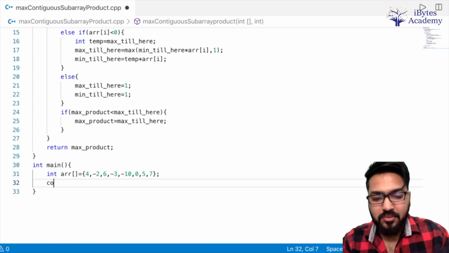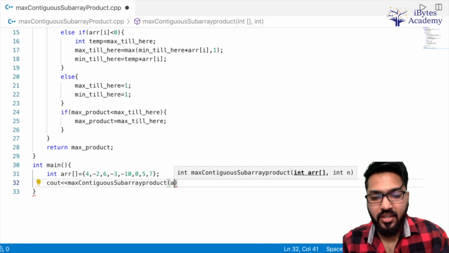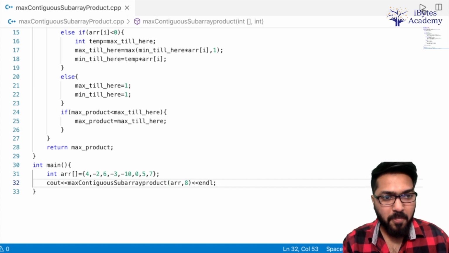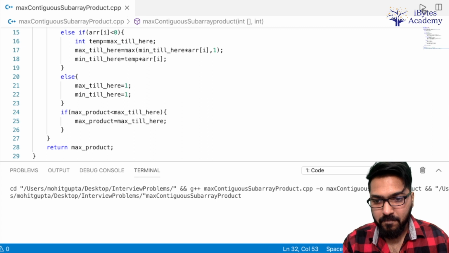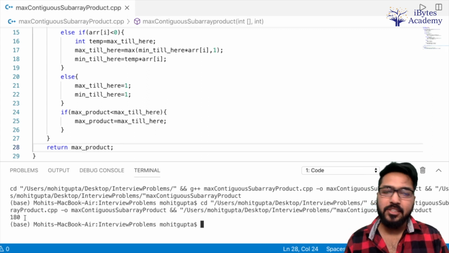Now let's print our answer. maxContiguousSubarrayProduct of arr, and size of array is 8. So let's run this. So we are getting 180 as the product, as expected.